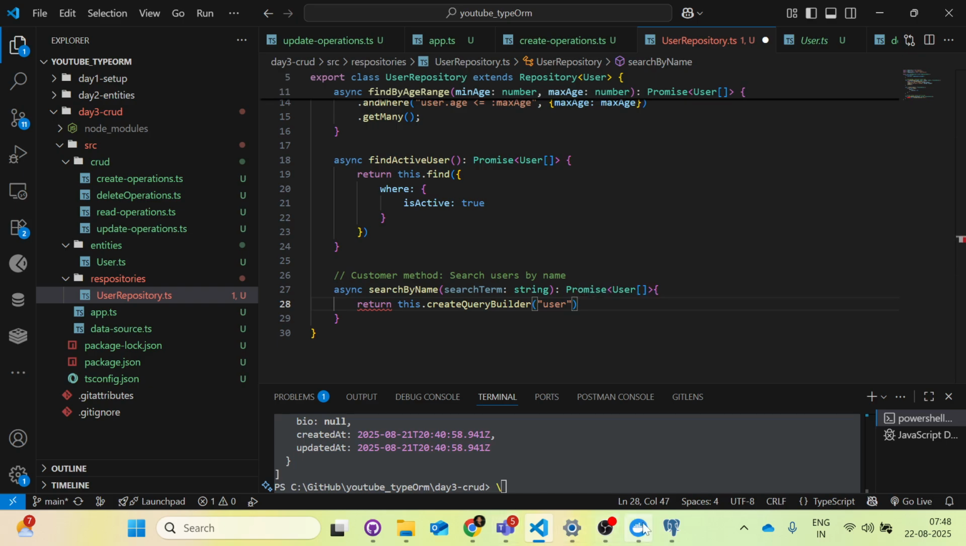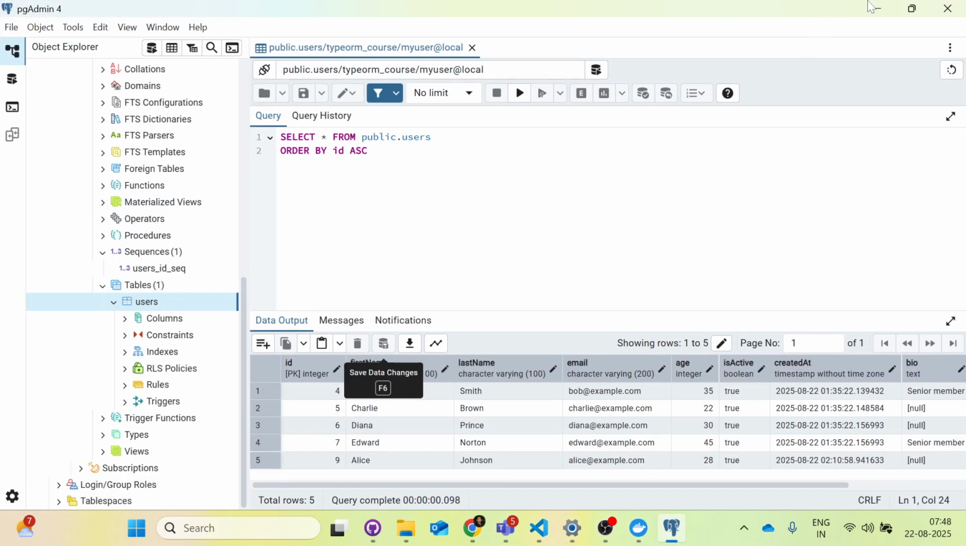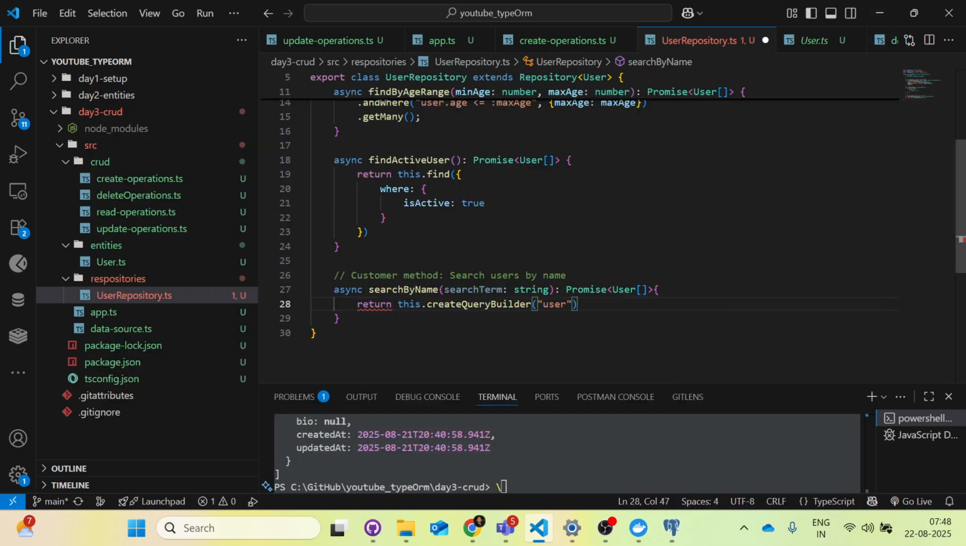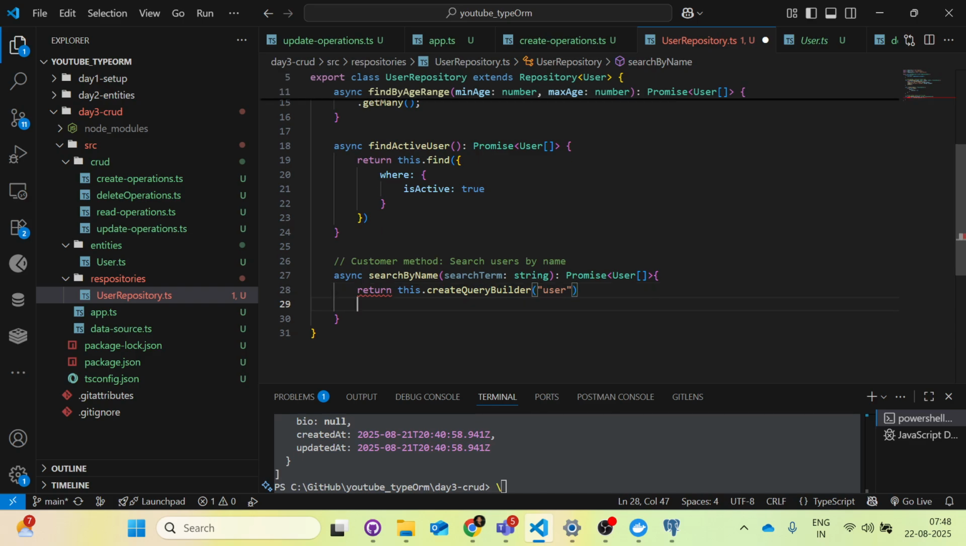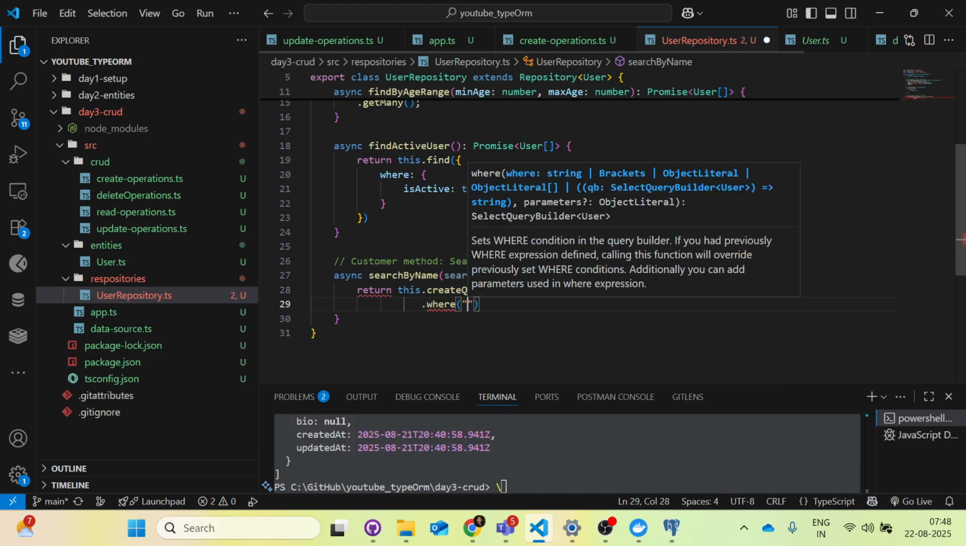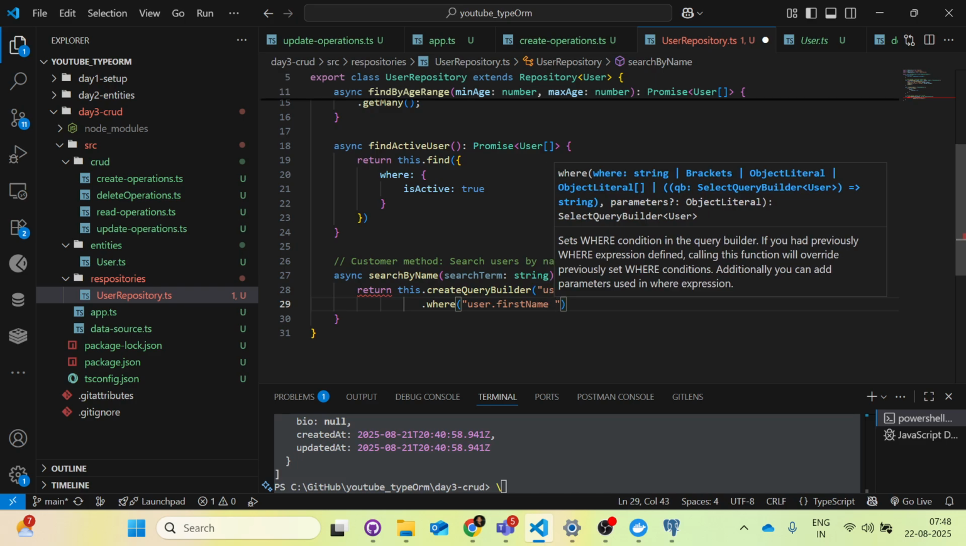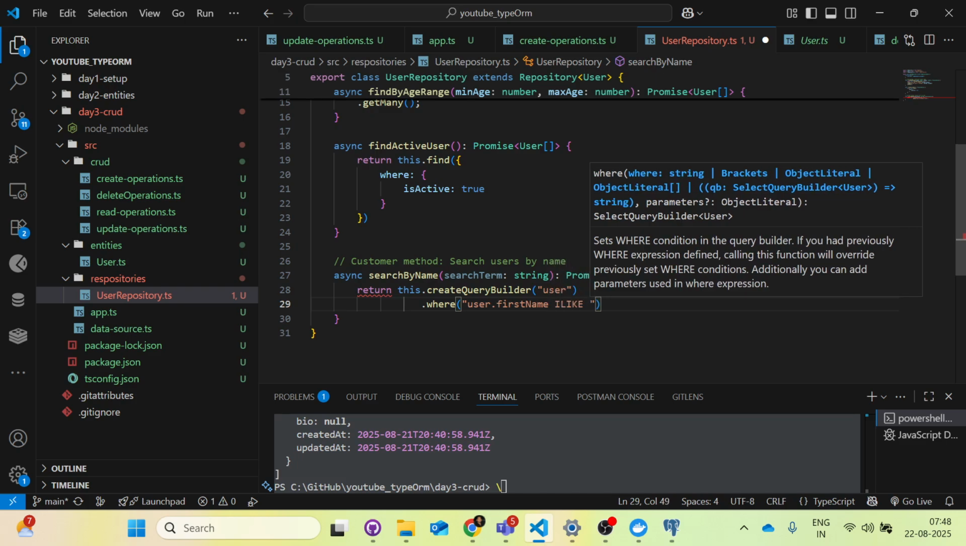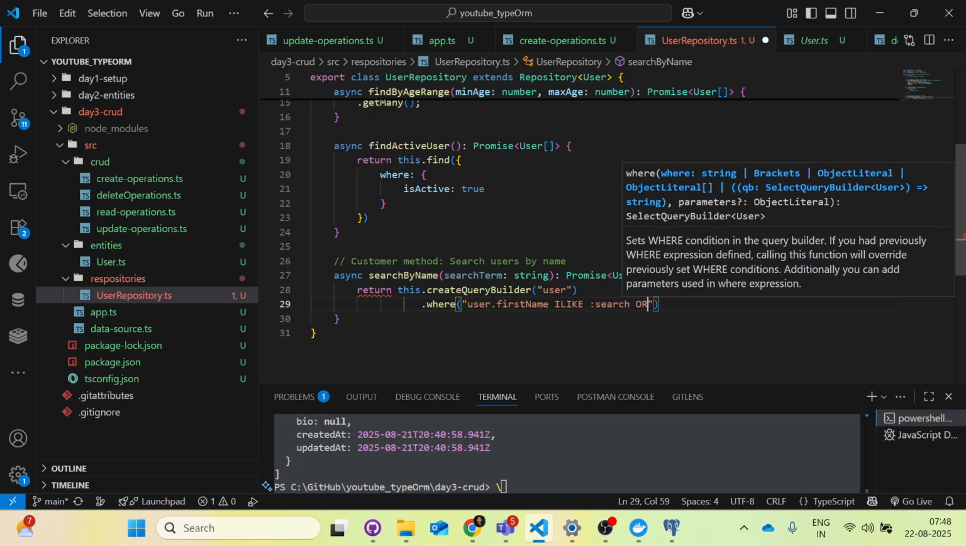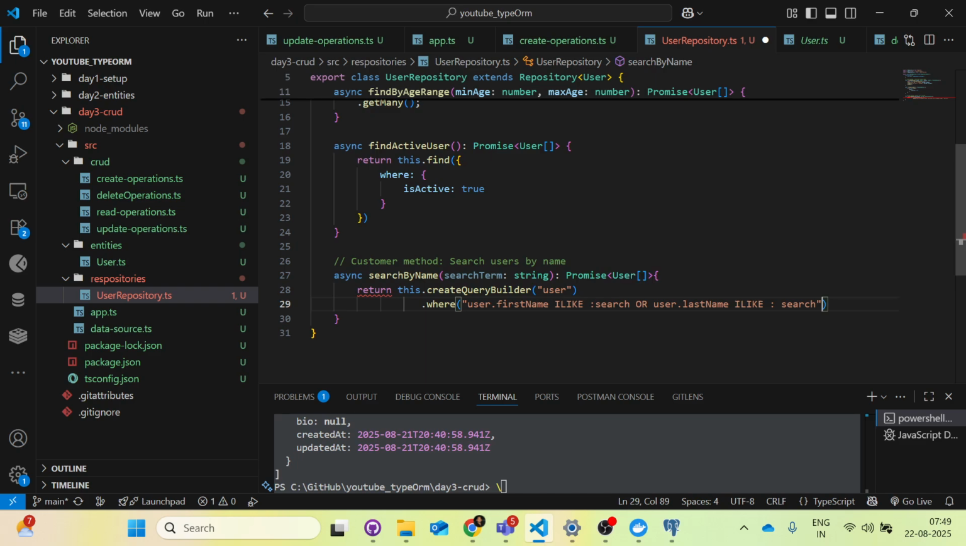As in the table you can see here it is users. Okay, so the user singular name you can pass here as the table name, and.where condition, user.firstName ILIKE. Okay, we are performing the search here case-insensitively, and the search term I want to perform, or user.lastName ILIKE. Okay, and the search will be here,